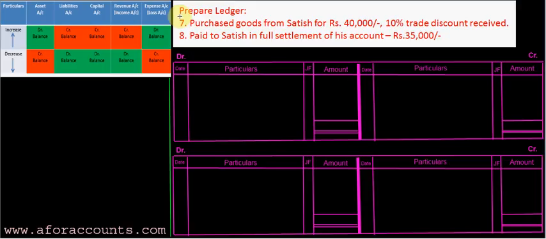Now we are doing two ledger postings simultaneously. The first is purchase goods from Satish rupees 40,000, 10% trade discount received. I never record trade discount in my books of accounts, so my entry will be purchase account debit 40,000 minus 10%, that is 4,000, 36,000 to Satish